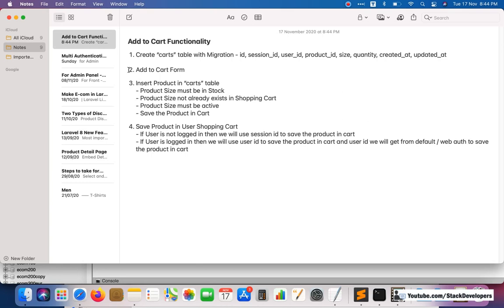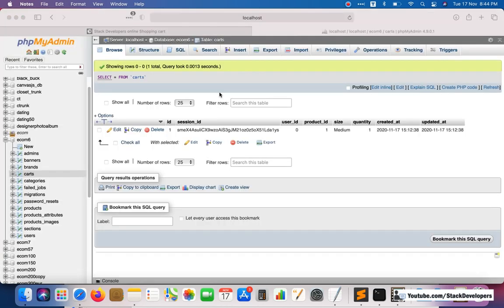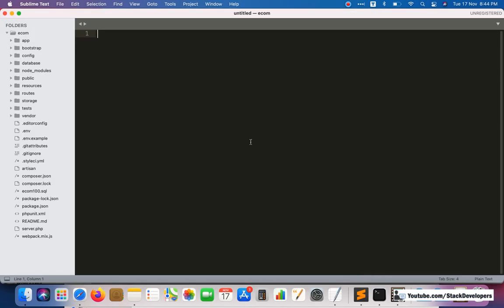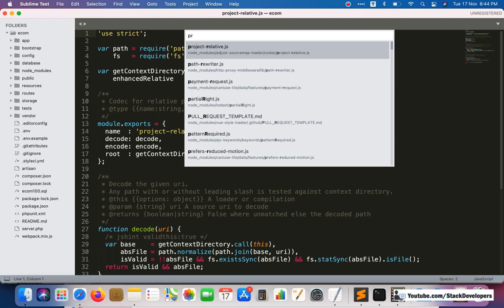So we are going to take the user id, and for the user id I am going to update the add to cart functionality here.